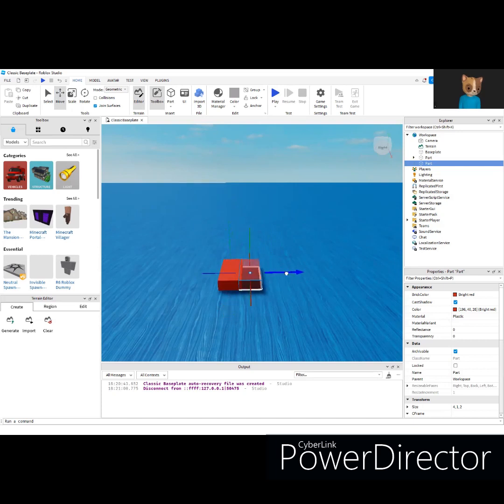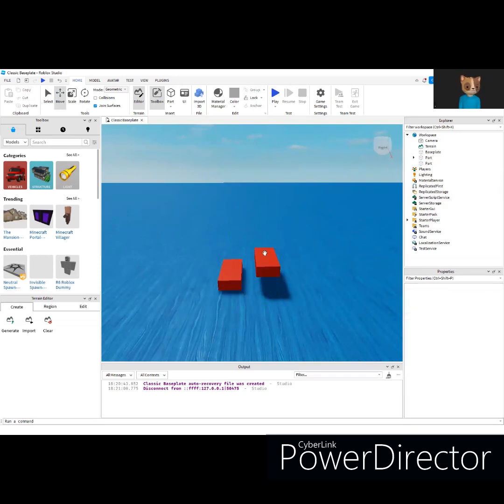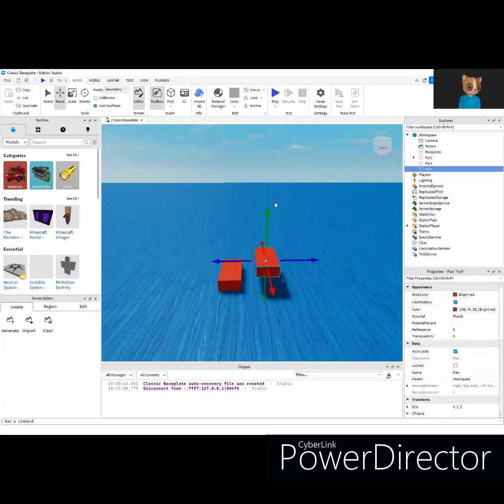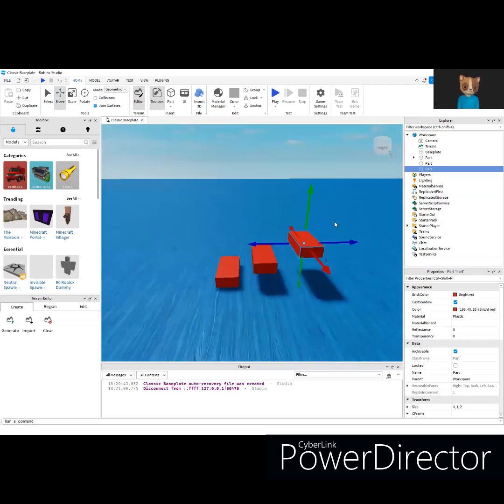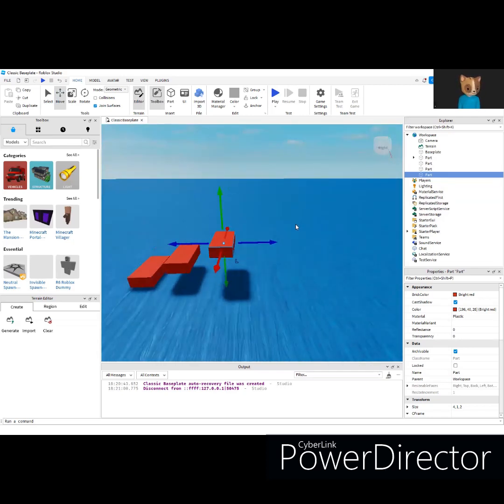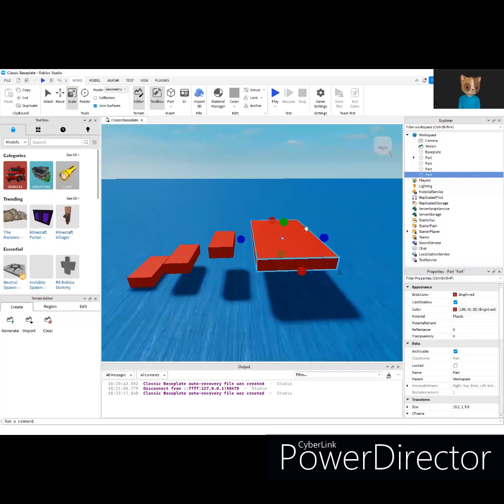Okay, next we're gonna move it a little bit and a little bit up so we can jump from this platform to this platform. Then do that again, and we can have more. So we can continue doing this, and then from here we can make another part, but this time it's gonna be a big one, like a spawn point where you can have a checkpoint. So what we can do here is scale it to make it big, okay,